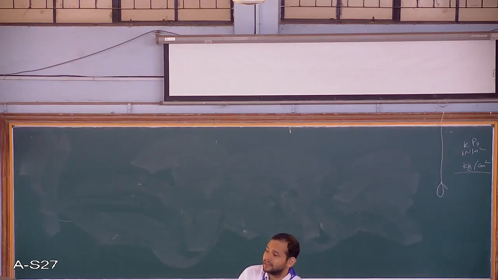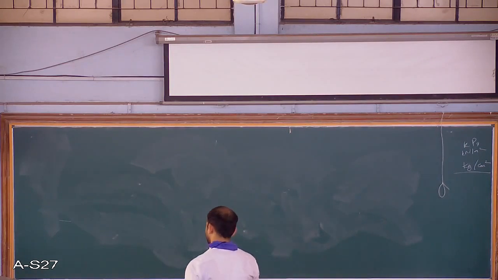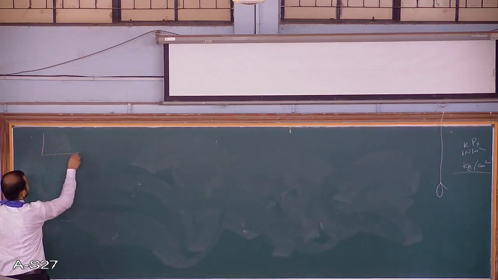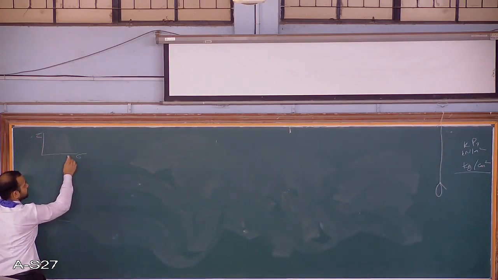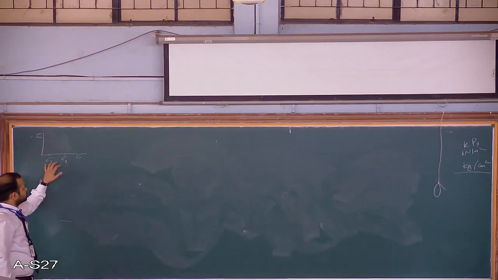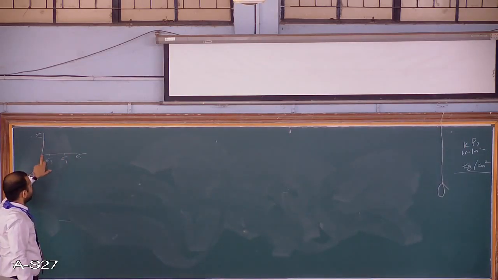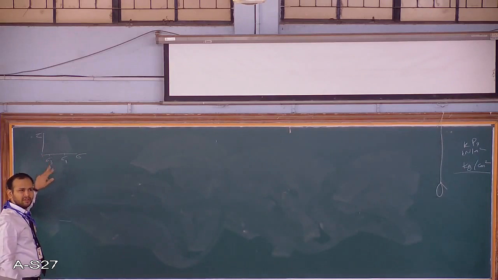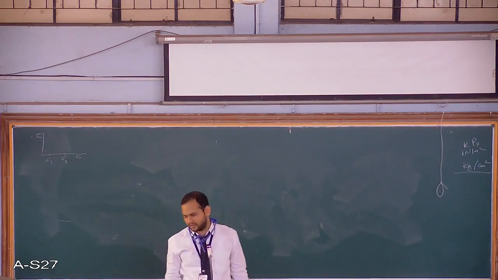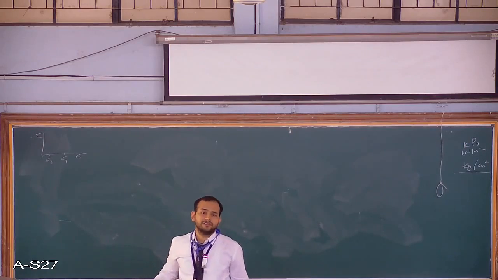So these are the principal stresses. Here the shear stress is 0. I will again tell you, if you look at the plot, this is tau, this is sigma. So sigma 1, sigma 3. At these planes, what is the value of tau? It is 0. So this is also one kind of definition of principal stresses: the shear stress is 0.